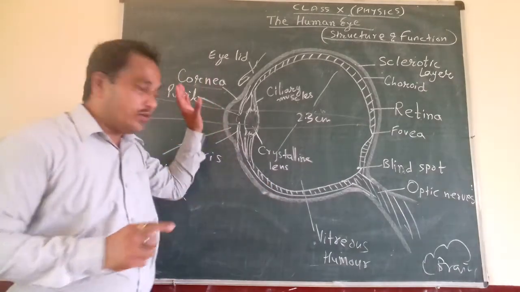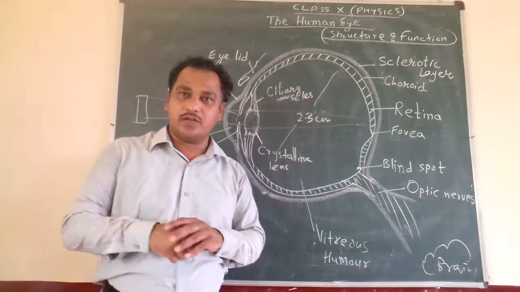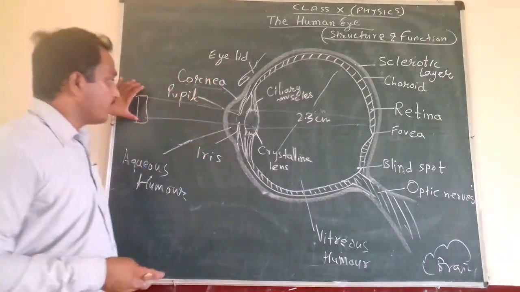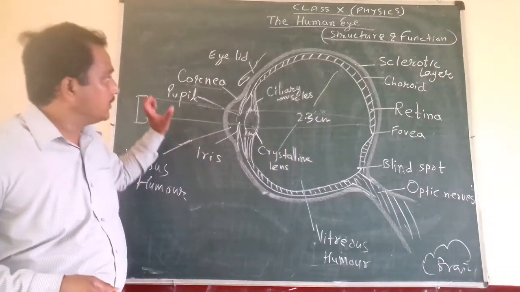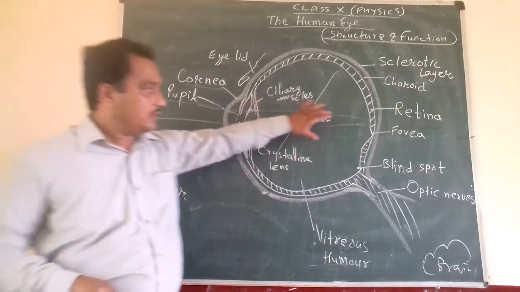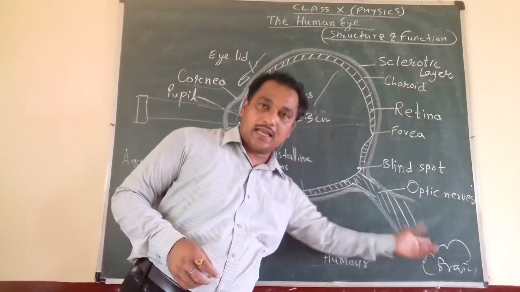Can you draw the diagram in your notebook like this? Practice it 2-3 times. Definitely you are able to do it. And the notes which were sent earlier, hope you have been revising them. So let us see the function. As the signal goes through the optic nerve, we perceive the object as it is.